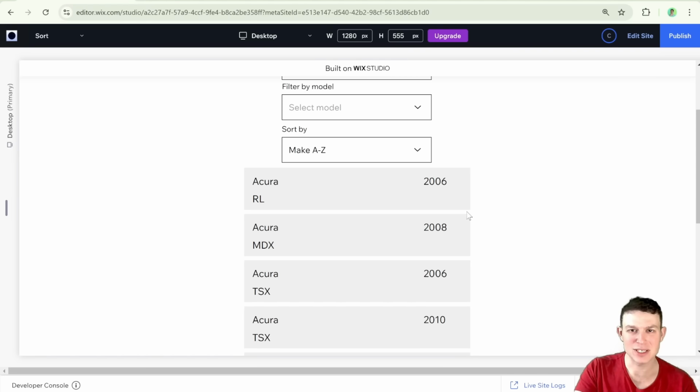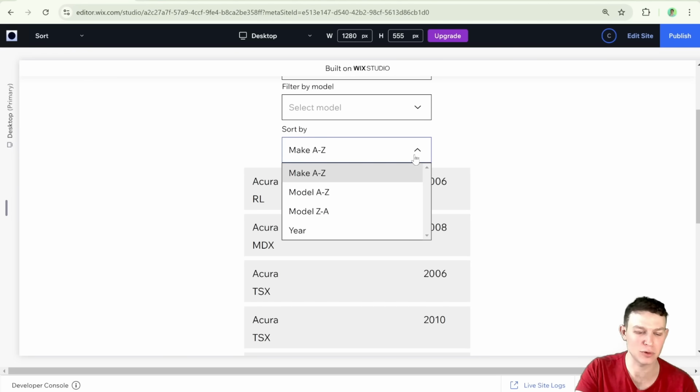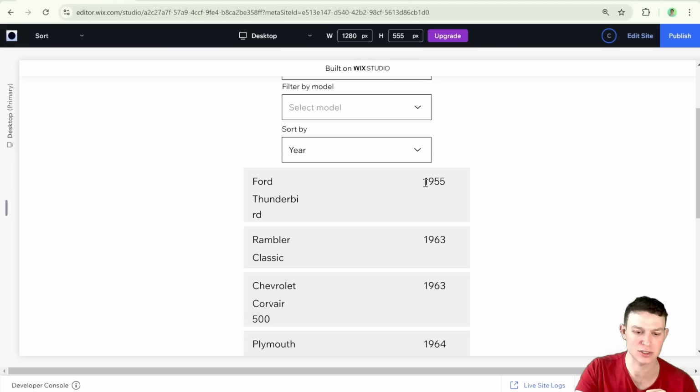Welcome back to the Wix Wiz. I'm Eitan, and today we're going to be talking about how you can set up a sort dropdown for your data that's being displayed in Wix. So for example, if I change this to sort by year, then it'll start to sort by year from lowest to highest, etc. We're going to be doing this using a combination of no-code datasets and a few lines of Velo code. So if you want to learn how to do all that and more, we're about to get started,